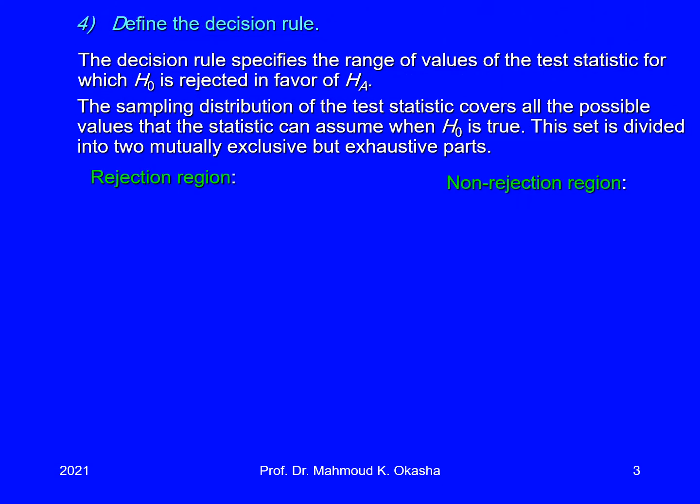This is to define the decision rule. The decision rule is to have a test statistic, or a function of the data. Using it will enable us to either reject the null hypothesis or not reject the null hypothesis. According to what? If we have a test statistic and its sampling distribution, then we have the area under